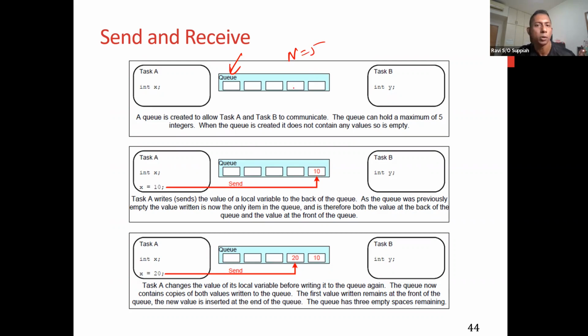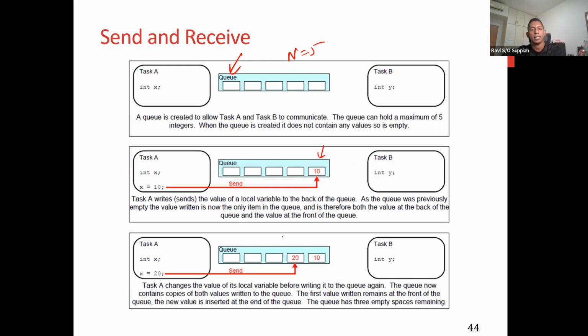it doesn't mean that I need to put in 5 elements, and only then task B can take. No. The moment the first element goes in, task B can take. It all depends on when task B attempts to read the queue. So in this example, task A is writing to the queue. First it writes a value of 10 to the front of the queue,